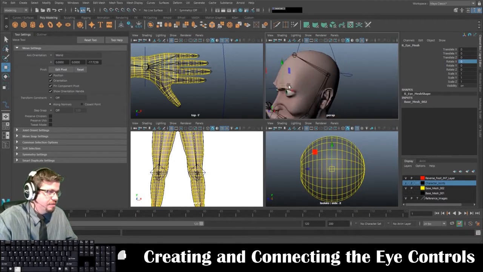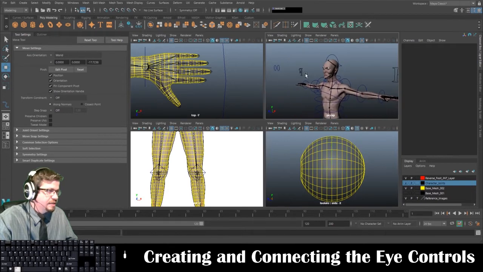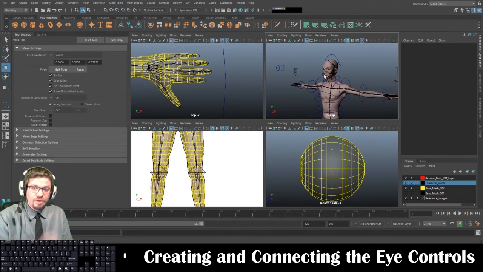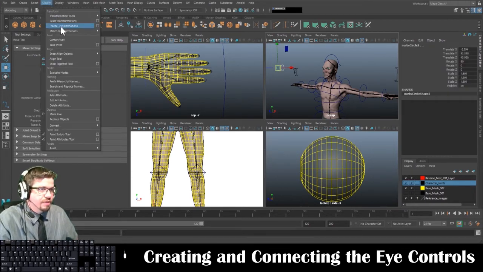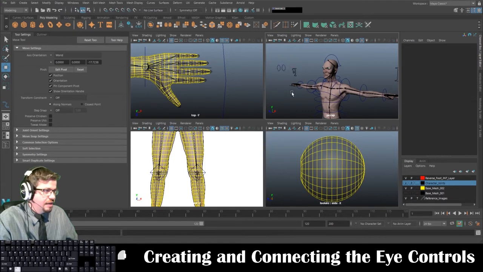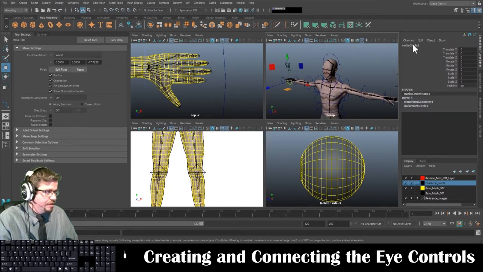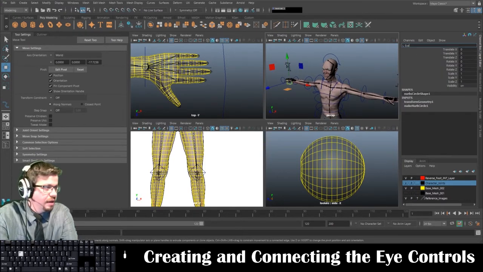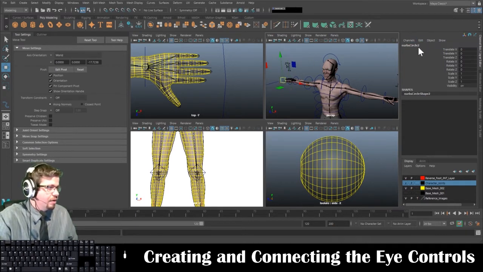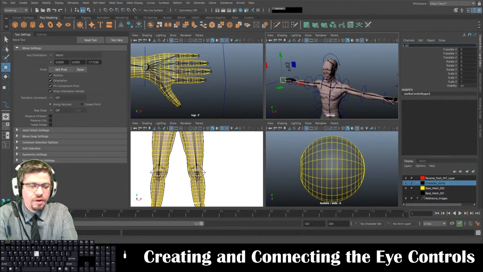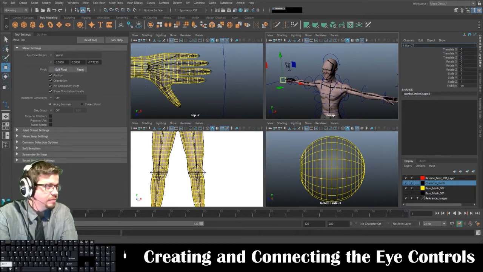And modify center pivot, and now I've got both of my eyes with the pivot point in the center of the object, and now I also have the start of my controllers. I can also modify freeze transformations on these at the moment. I can rename this L I CTRL and R I CTRL,